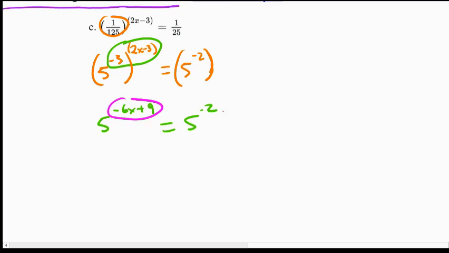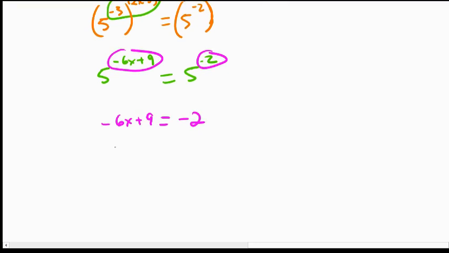My bases are the same, so I can set the exponents equal. And then I can just solve. And x is going to be equal to, let me see, oh, I did that wrong. -2 minus 9 is -11. So